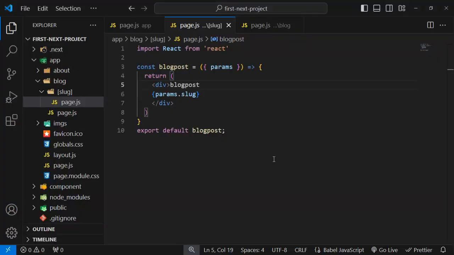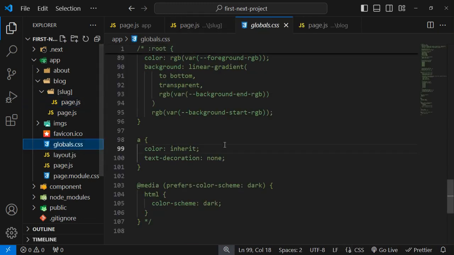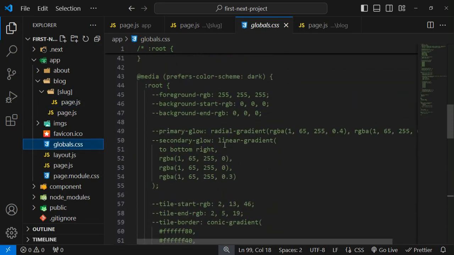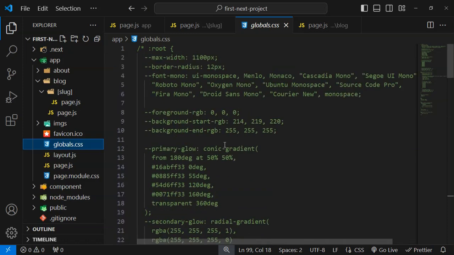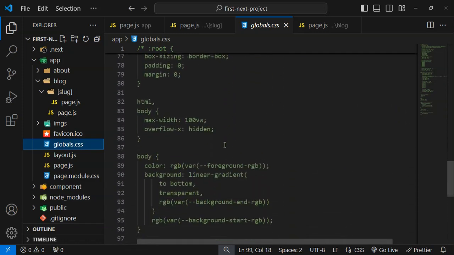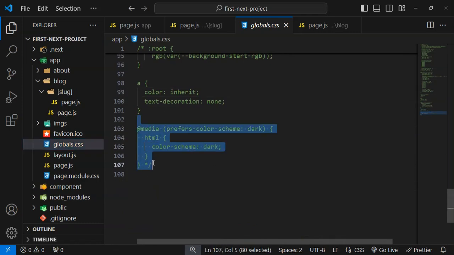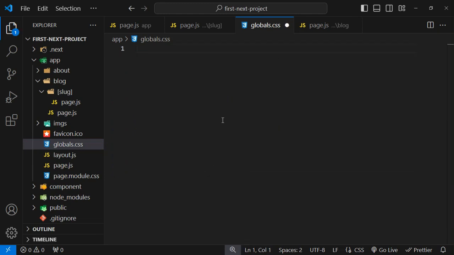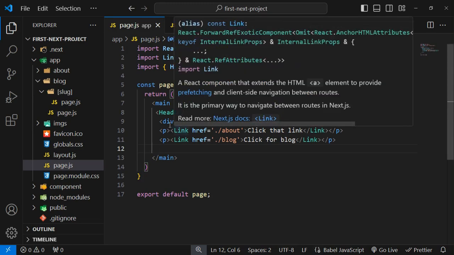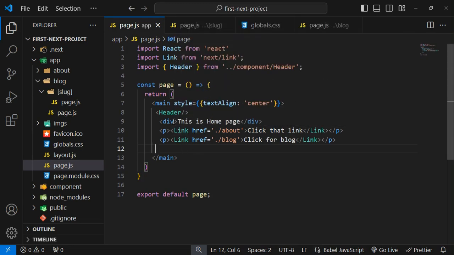In this tutorial, we will see what is globals.css and how we can write all the CSS inside that globals. So you have seen that we have made comments for all this code, which is CSS code. So I am going to first remove all the code from here, and if I save it, now I am going to point out to that div,